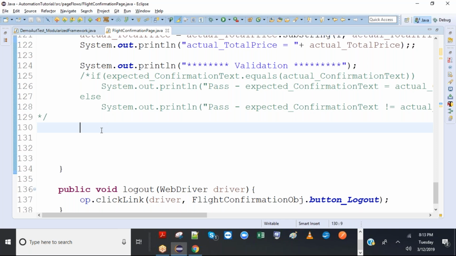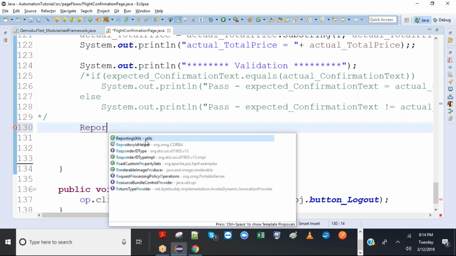If you don't remember, the first thing you need to think about is there is a util. What is that util? Specific util. Report utils, correct. If it is Excel util, automatically your mind should think about Report util. If you don't know the full name, just type partly and press Control Space and see it automatically come up. Make sure, if there are multiple names, that it is part of the utils package. This is the class name, hyphen, package name. That way you can make sure it's the right class you're calling.